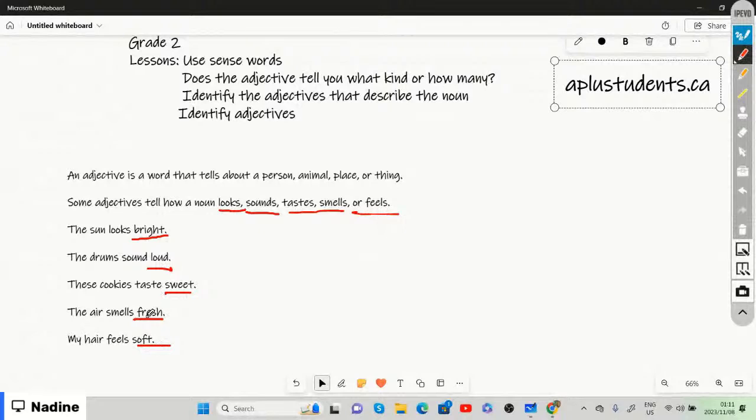So once again, we say that an adjective tells us about the person, the animal, place, or thing. And some adjectives tell us how the noun looks, sounds, tastes, smells, or feels. And then we have a few examples of